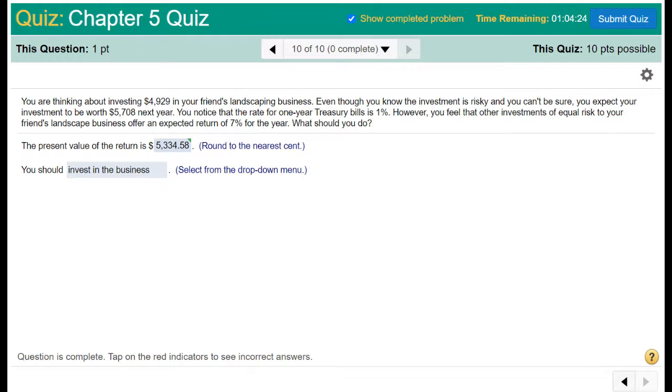If you do this the way I asked you to, you'll see that the interest you're getting is almost like 20-something%. But all I need to do is take the present value of this, what it'd be worth next year. If it's greater than this, which means that if I would invest it in anything for 7%, it wouldn't give me this amount back. So he's giving me more, because once you do the present value of 5,708 at 7%, it's greater than my initial investment. So they're giving me more money,